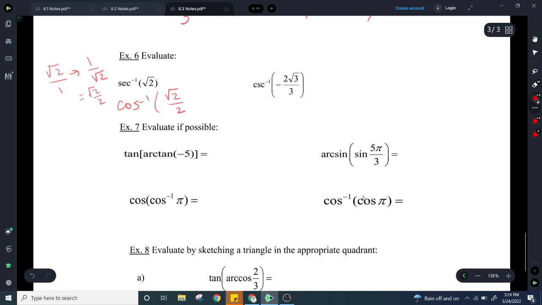Over 2. Make sure you see what I'm doing. This is the reciprocal of the original value they're asking, and I'm using that because I'm really going to do the reciprocal function. I don't want to deal with secant and cosecant. I'd rather deal with cosine and sine, right? Those are the ones we're familiar with, so those are always the ones you want to fall back on. So really the question is, where does cosine equal root 2 over 2? Well, it's positive, so it has to be in the first quadrant, which means I'm looking at the pi over